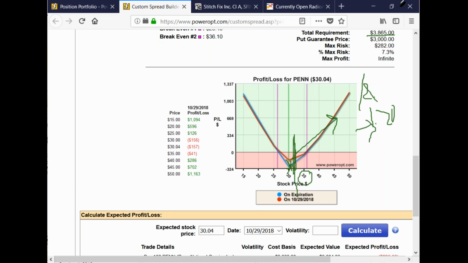Actually, if I sold to close this at 5.80 and then buy another one for probably $1.10, $1.20 for January, my cost basis will probably just go up to about 34. I'll have a 32 put, but the stock would be back at 31. So if it continues to move up, I'm going to be back to break even faster, and that's a perfect time to do income method number 5 as well, ratio call spread. So I've got a game plan in mind if this reverses. If it continues down, same thing.